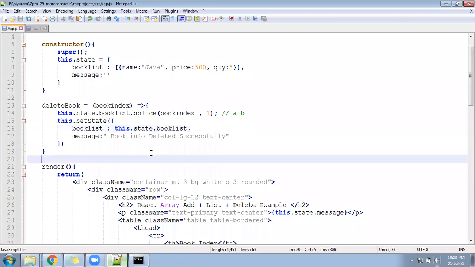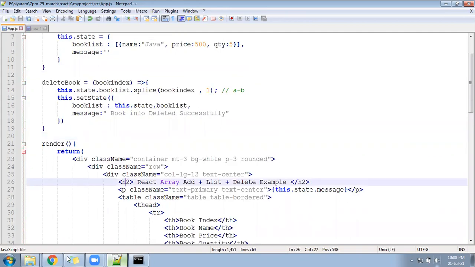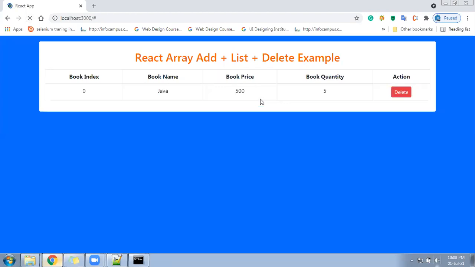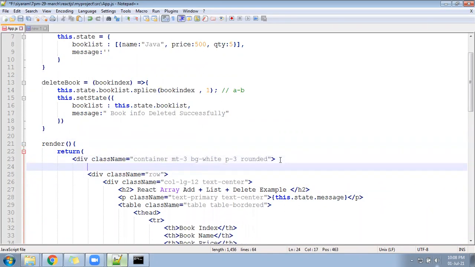Okay, so delete is happening. Now next we need to do the adding part. So how to add that next? First we need to go here and design a form. Design the form, pick the value, concatenate inside the array, those things we have to do. Okay, so I will go here and I'll create a row here, another row.